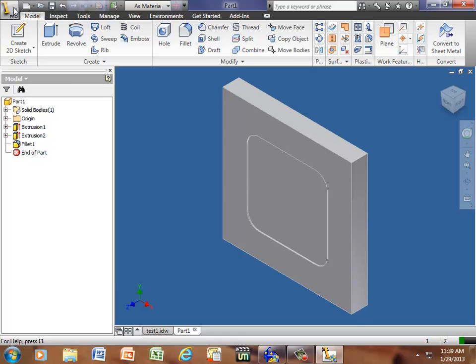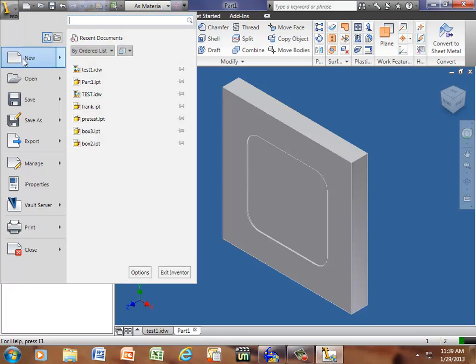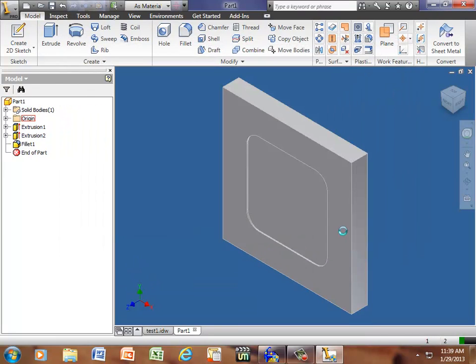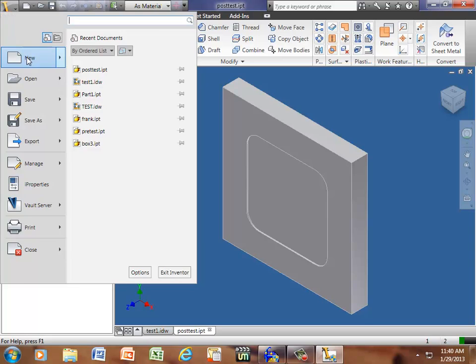So now if I go to File, Save As, I'm going to name this Test, or actually Post Test. How about that? P-O-S-T-T-E-S-T. Saving it to my desktop. Click Save. Now if we go to File, New,